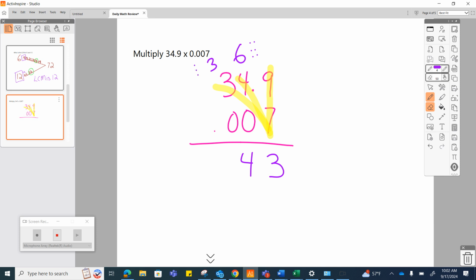Okay, now, if I actually followed this, let's go over here. Then I would do 0. That should have been highlighted. And that's all going to be 0, right? I'm not going to put any number here. I'm going to start here, 0, 0, 0, 0 times 9 is 0. 0 times 4 is 0. 0 times 3 is 0. And then I'm not going to put anything here. I'm going to start here. 0 times 9 is 0. 0 times 4 is 0. Did I really need all those zeros? No. When I bring this all down,